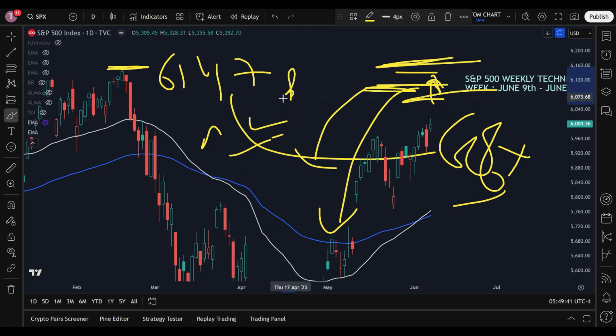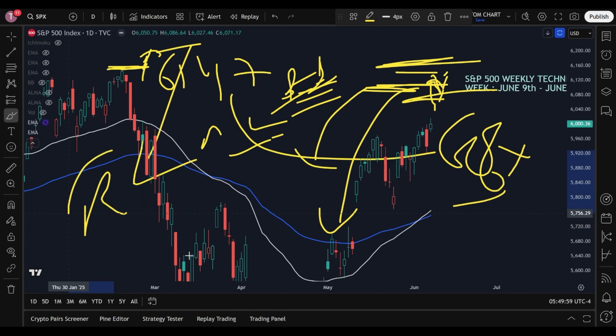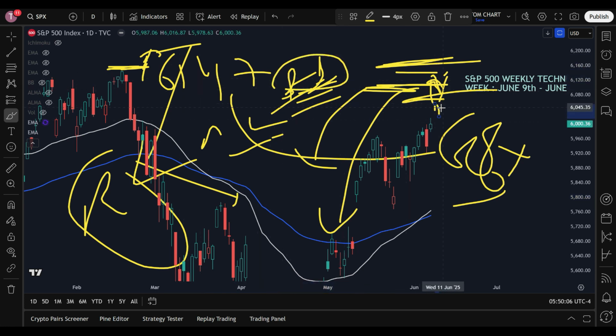And now if we consider the best to best case scenario, that the S&P 500 keeps on moving up and it breaches the 6147. If it breaches the 6147, then this means that it is not going anywhere. Now it will enter into the recession. This is the preparation for the recession. If in the best to best case scenario it moves up in a straight line and breaches 6147, that will be a clear confirmation for the recession. In that case, no need to think about this level or that level, this means the recession.